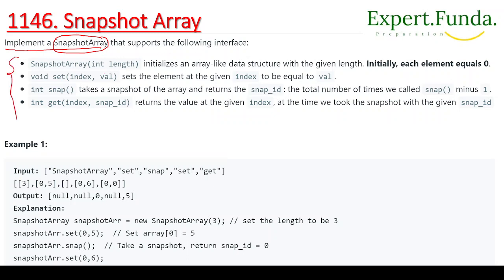The snapshot array takes a length; another method is void set, taking index and value; another one is snap, which returns an integer; and get, which takes index and snapshot id and returns the value. Let's understand what these methods do. The first is the SnapshotArray constructor, which takes an int length, which means it will initialize an array-like data structure